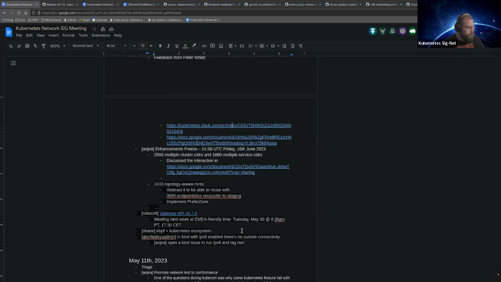Go ahead, Bowie. Yeah, so about the eBPF working group, which SIGs will it be a working group of? I know we're very network focused here, but eBPF is used in other places as well. Yeah, we're very clear in the group that even though it's a little bit under the umbrella of networking right now, we're not focused entirely on networking. Security has an LSM, so it's going to be a multi-SIG thing for sure.